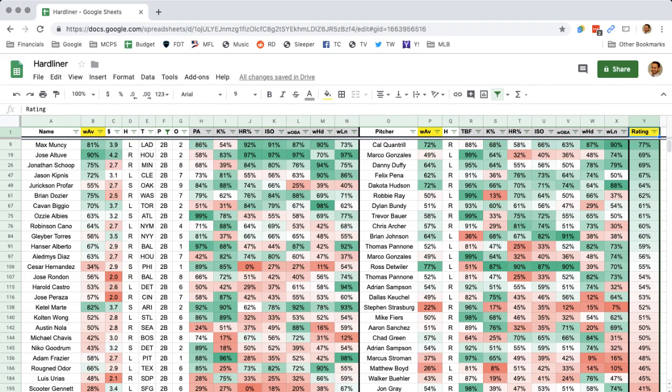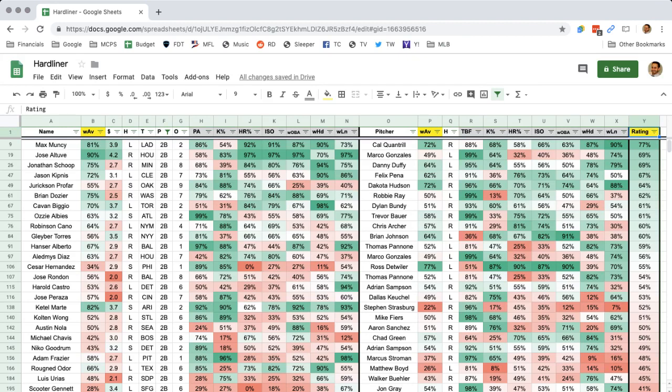Jason Kipnis going against Felix Pena. That's a pretty solid matchup there. 3,100, not too bad of a price. 90th percentile weighted hard, 86% line. And Pena gives up some hard contact.